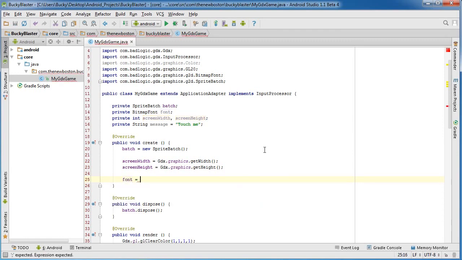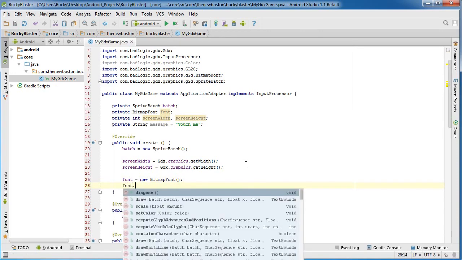Remember, the font is pretty much just styling. What color do you want it? What size? All that good stuff. And by the way, whenever I'm showing you guys this example, the font's going to look really choppy, because I'm just going to show you a real quick way to scale it up. It's the same one we used in the last tutorial. However, whenever you're making games, there's a better way to make font. This is just the quick and dirty way that we can use for quick demos. I'm going to show you guys how to have custom fonts and all the different properties, but for right now we can just use BitmapFont,